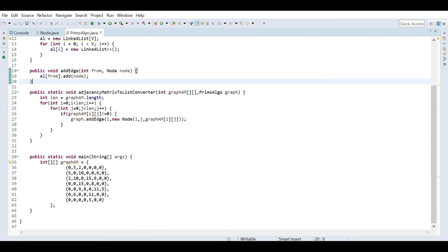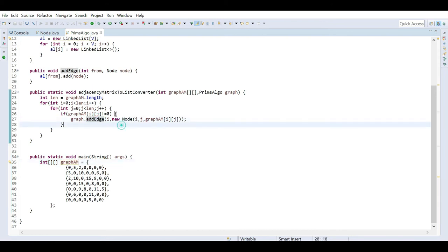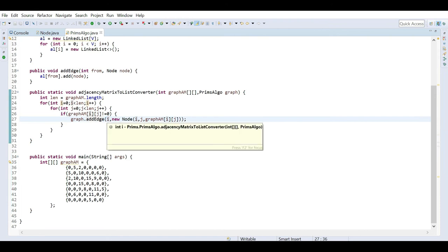Basically this method is doing nothing more than taking this graph as input, and then with for loops I am just adding the edges as per my need. If you check, 0 to 1, the weight of that edge is 5. So for the 0th position, from 0 to j, the weight is i and j. That way I am adding edges and constructing the whole adjacency list.